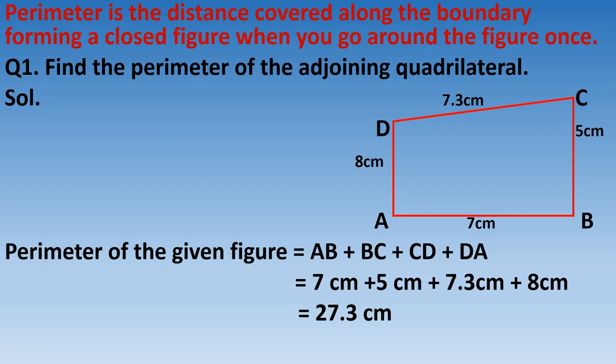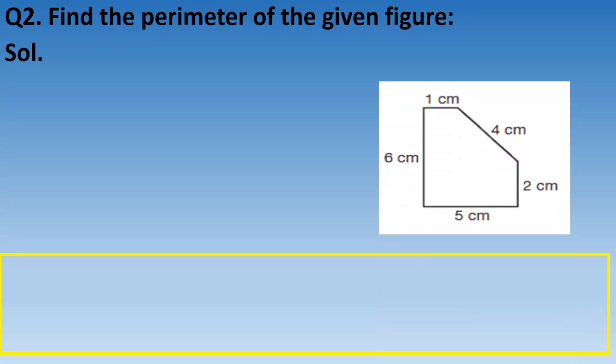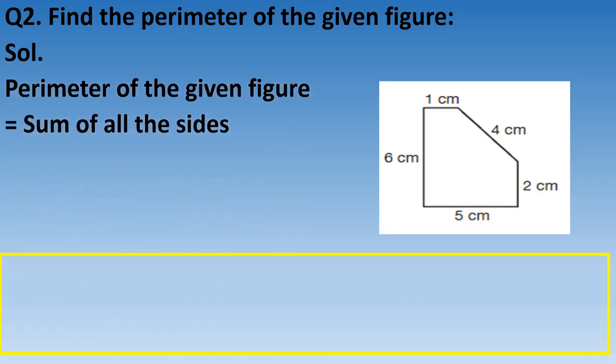See one more question. Find out the perimeter of the given figure. As in this figure, names are not given to us. Okay, name of the sides are not given to us. So what we will write down the formula that perimeter of the given figure equal to sum of all the sides,